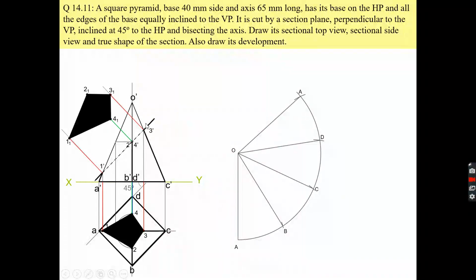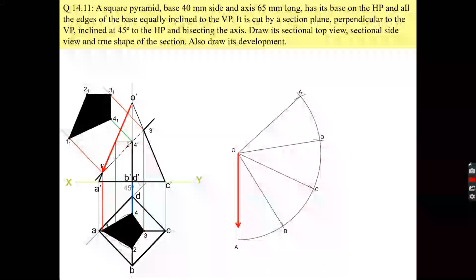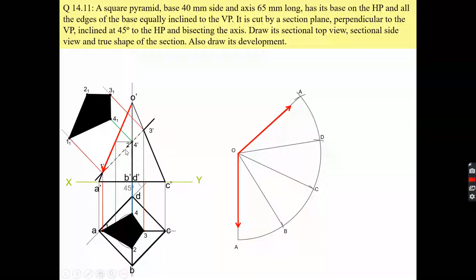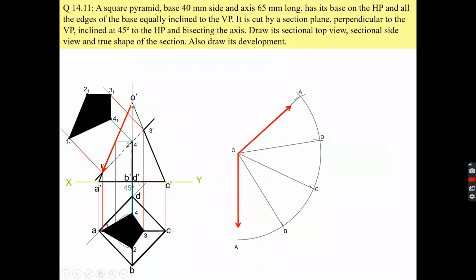distance of the points 1, 2, 3, 4 from the point O. So how will you measure? From O to 1, it is very simple. You can measure the distance of the point 1 from the O, and you can mark it on the slant edge OA, and these 2 points, 2 and 4. Okay, how will you measure the distance of the points 2 and 4 from the O?